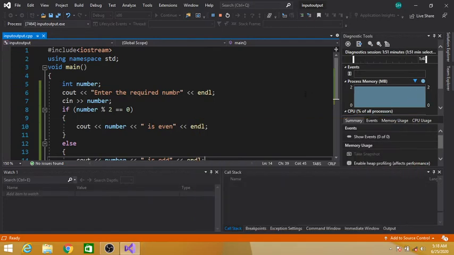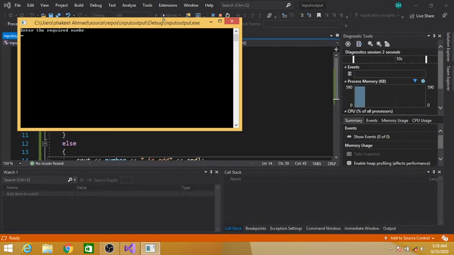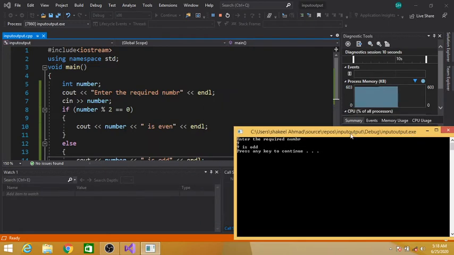Let's input any other number. For example, if we input 9, then 9 is odd. Why? Because now this number variable contains a value of 9. 9 modulus 2: 2 multiplied by 4 is equal to 8 and the remainder is 1, because the modulus operator returns the remainder. Is 1 equal to 0?